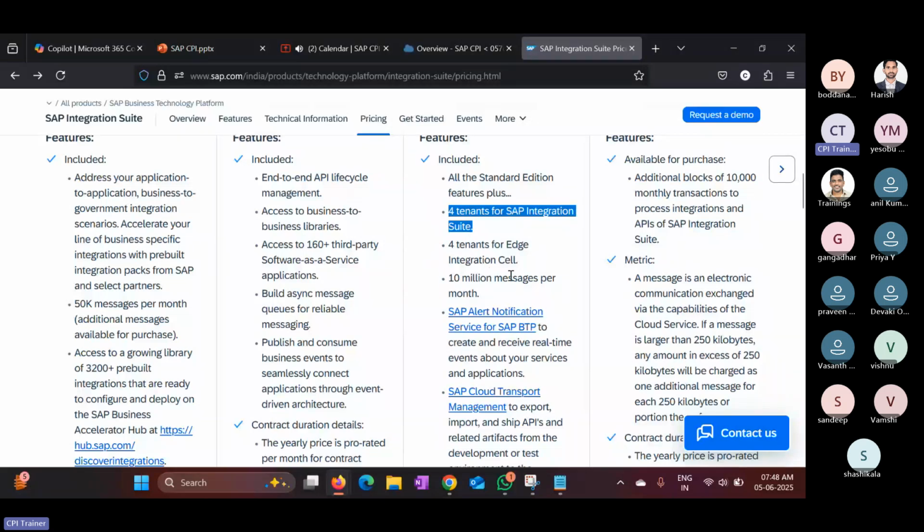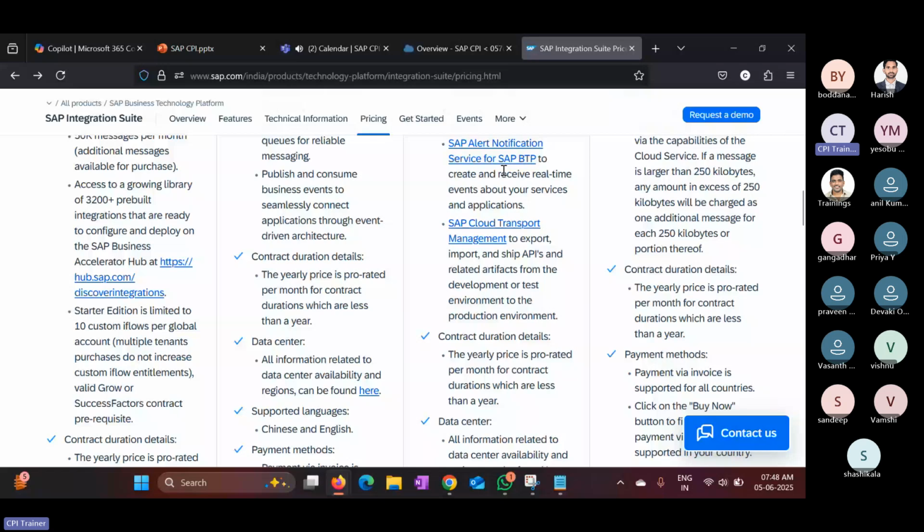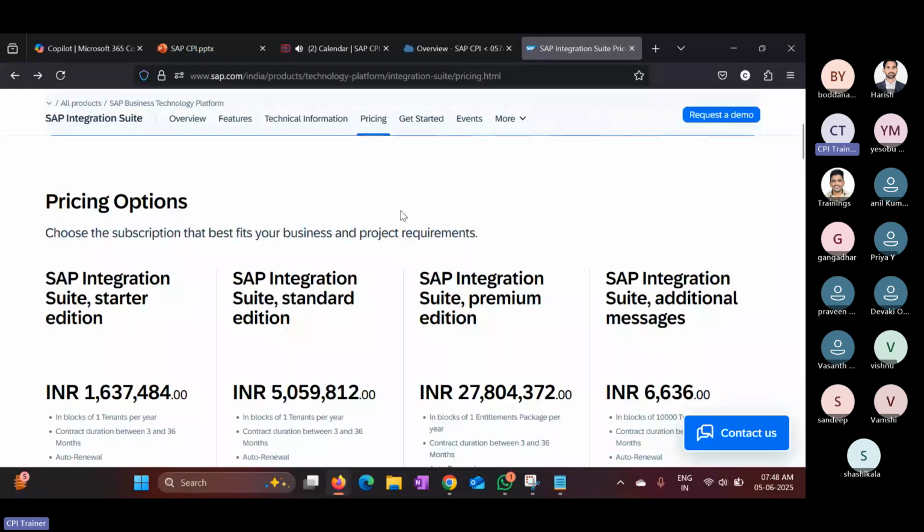We have 10 million messages per month. 10 million messages we can transfer per month. Okay, so this is how, based on the subscription, the services will be provided by SAP. That's why these things will be taken care of by the architect team. The architect team will get the required details from the business, and they will suggest the suitable subscription plan to